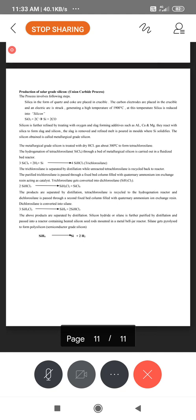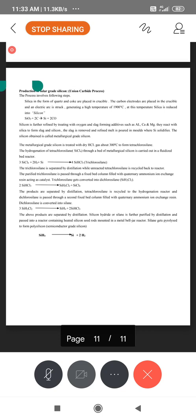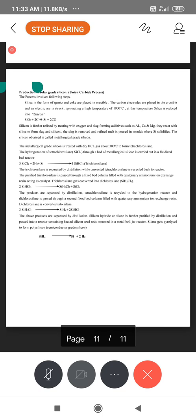The 99% silicon is heated with 4 molecules of HCl. Completely we will get tetrachlorosilane, SiCl4. We call it tetrachlorosilane. This tetrachlorosilane is then subjected to hydrogenation. In the old method, we can call it the Siemens method,